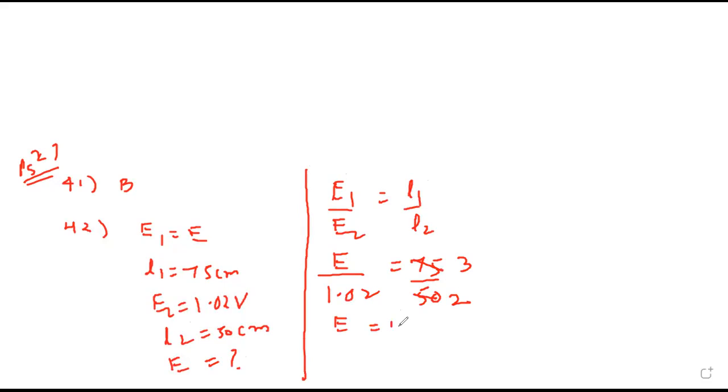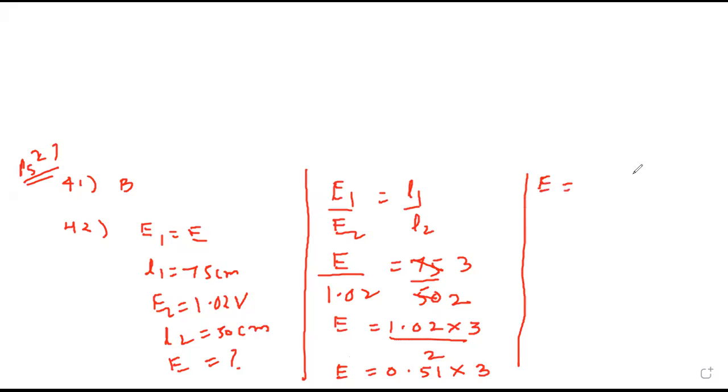Therefore, E is 1.02 into 3 upon 2, which will be 0.51 into 3. Therefore, E equals to 1.53 volt, which is nothing but option C. बैलेंस छोड़ के जो भी नाम आया वो मेन सेल, बैलेंस आया तो उसको नाम दे देना आप E1, दो बार बैलेंस आया तो एक E1 दूसरा E2।